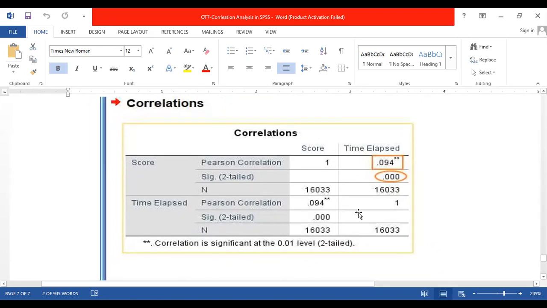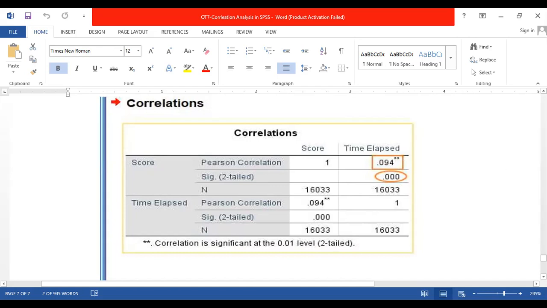Similarly, Time Elapsed with itself must be one. The Pearson correlation, the value of R between the two variables, Score and Time Elapsed, is 0.94. The significance value, or p-value, is 0.000, and N represents the number of samples, which is 60.